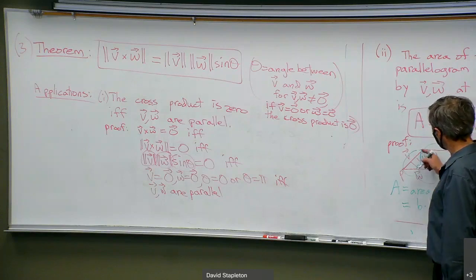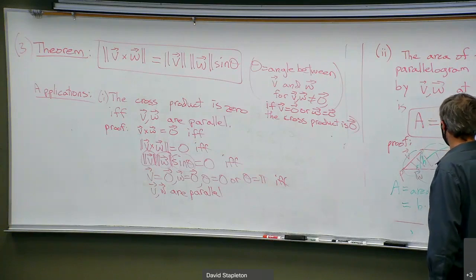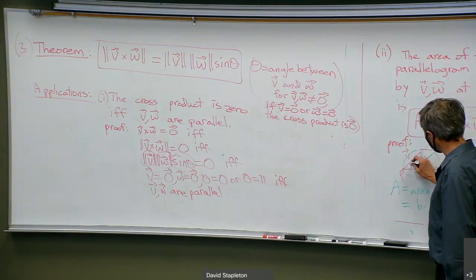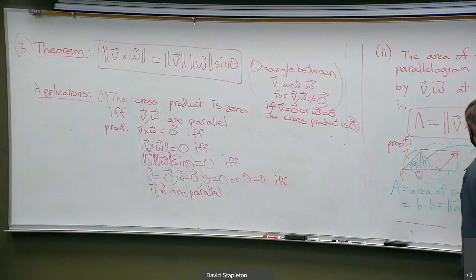Think about it. On any right triangle, this just comes out of trigonometry. The opposite side length is equal to the hypotenuse times the sine of the angle in here, theta. So it's hypotenuse length of V, times the sine of the angle. That way, this over V, length of V, gives you sine theta, right? So this is length of V sine theta, so that this over this is sine theta, opposite over hypotenuse is sine theta. So if the height is length of V sine theta,